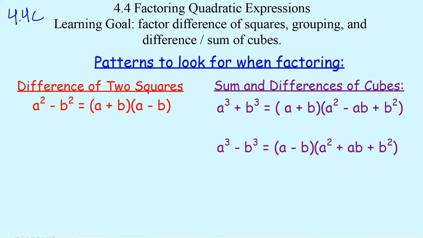Now, there's a key difference here you want to pay attention to. Notice I did not put something squared plus something squared, because that is not factorable. That is prime. That will be on your test. You should look for it. It's an easy answer. Do not factor it like a difference of squares. It cannot be factored. So do not factor it. I don't know how many times I can say that. Okay, all right, so let's look for these patterns and then we'll start factoring because it's easier to remember by